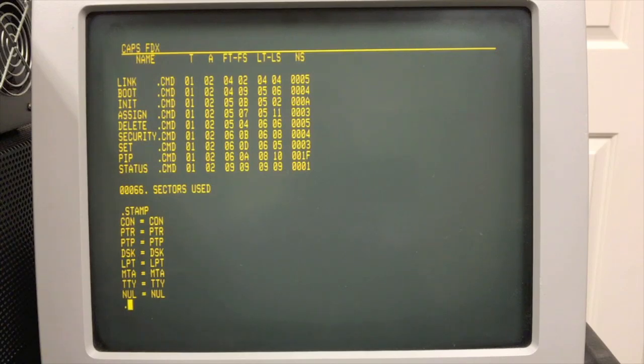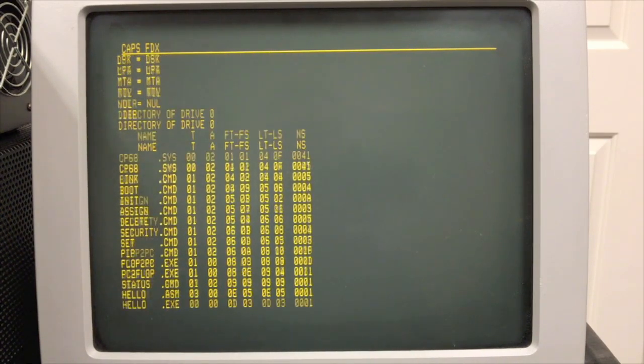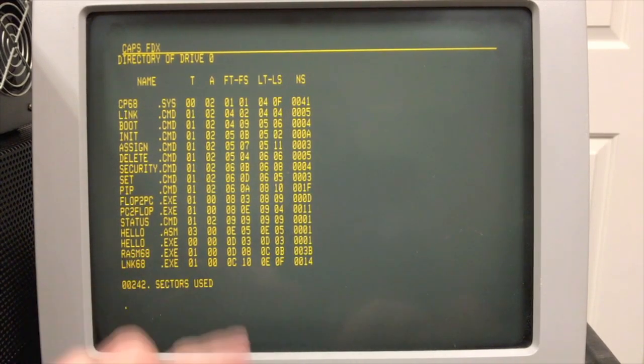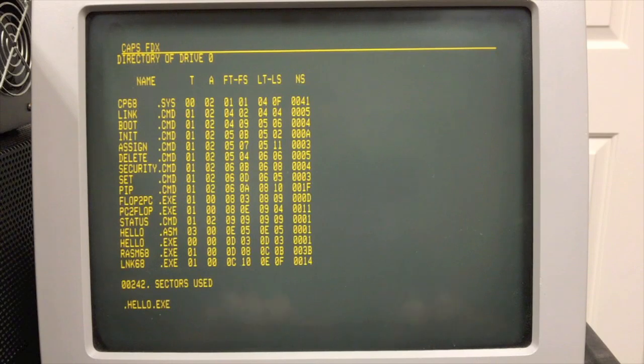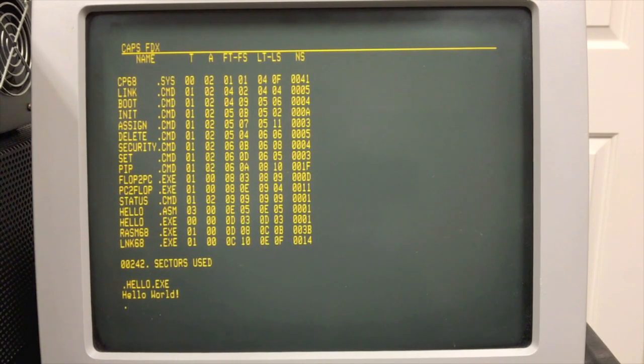All right, so what's interesting though is that anything else you want to run, let's get this whole thing again, you have to type the full name, including the extension. So that's assemblers and editors and programs you write, BASIC, whatever, you're going to have to type the full name. So for example, I have this hello.exe out there. I started putting the exe on there to help me remember that I have to type it. Even if I rename this to